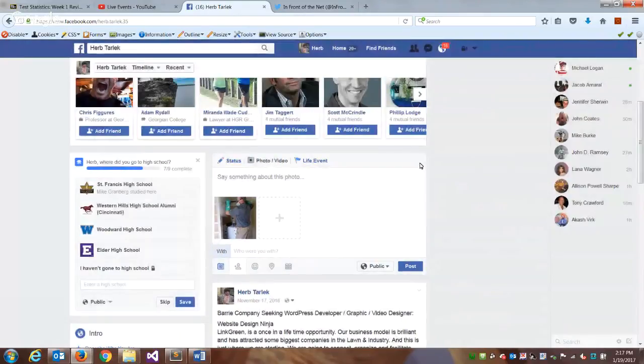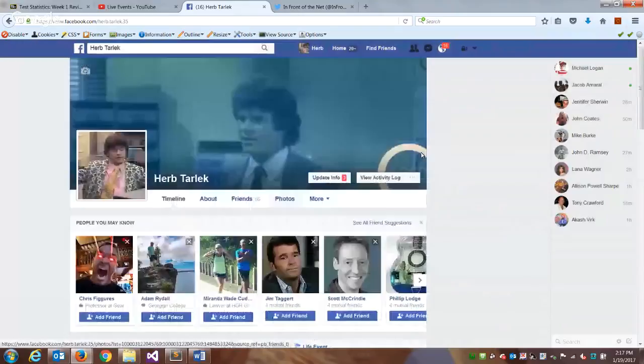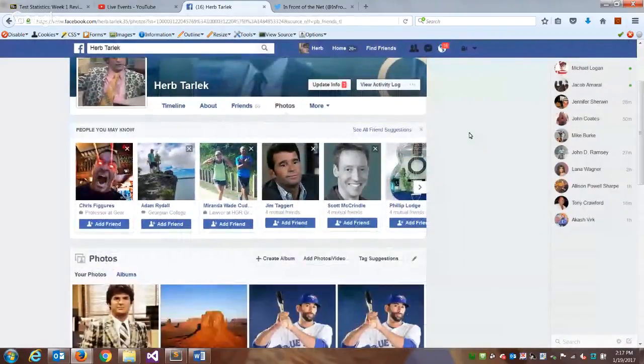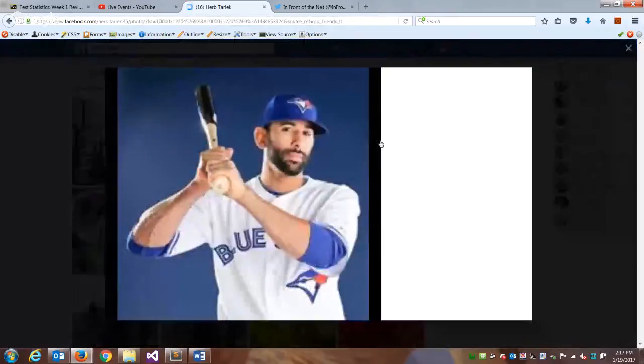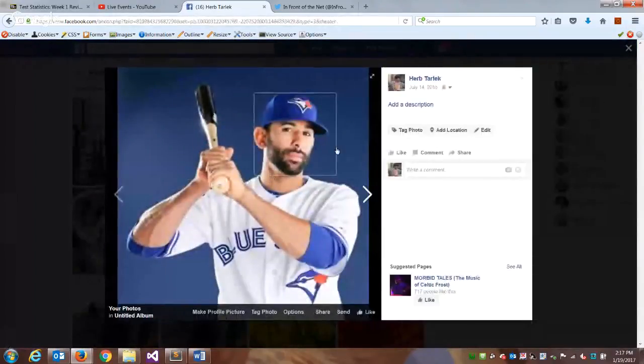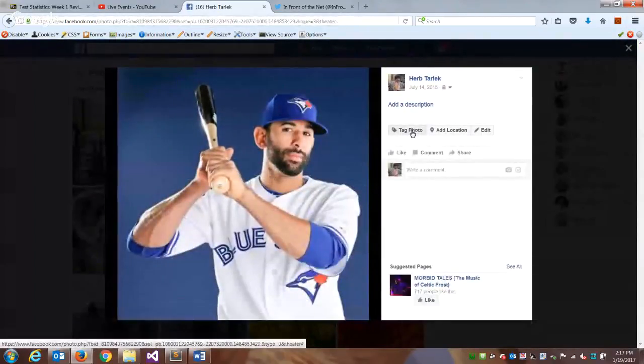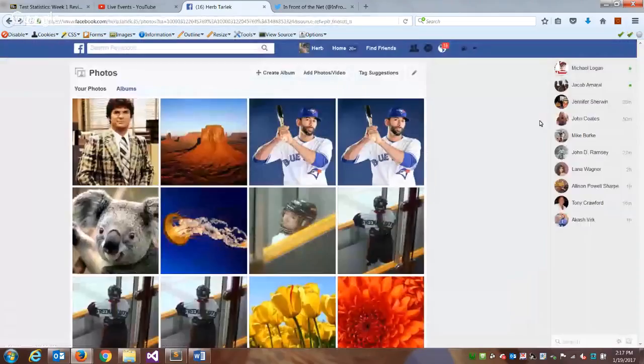So in a photo, if I go to my photos, right, I could click and tag somebody if I want to. So I'm providing information. So I can upload files, I can type, I can even provide information just with a click. Right? If I want to go back, so I can tag somebody,